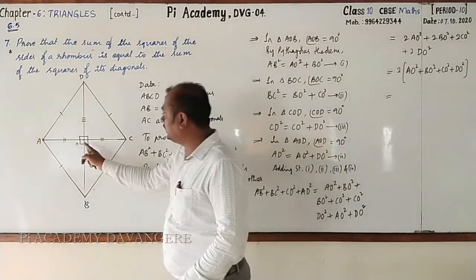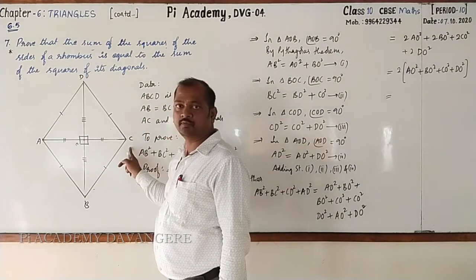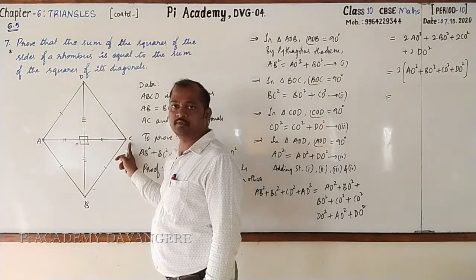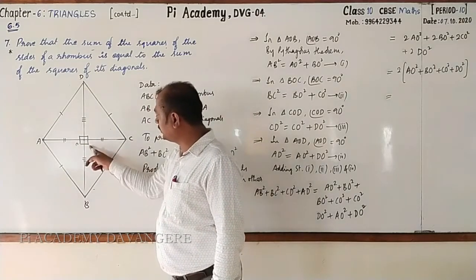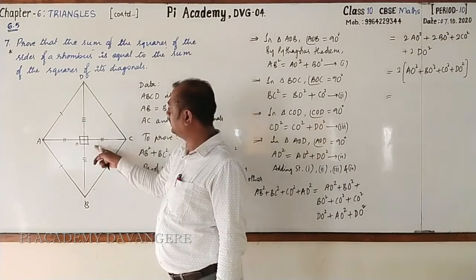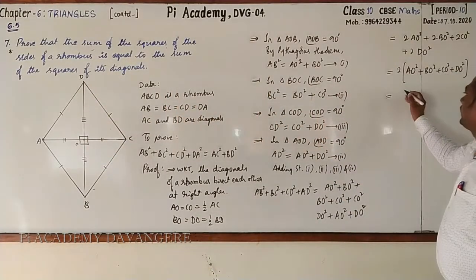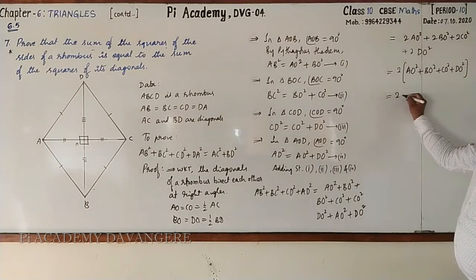Observe, AO is half of AC, CO is half of AC, BO is half of BD. I'll go for writing that. It is 2 into,